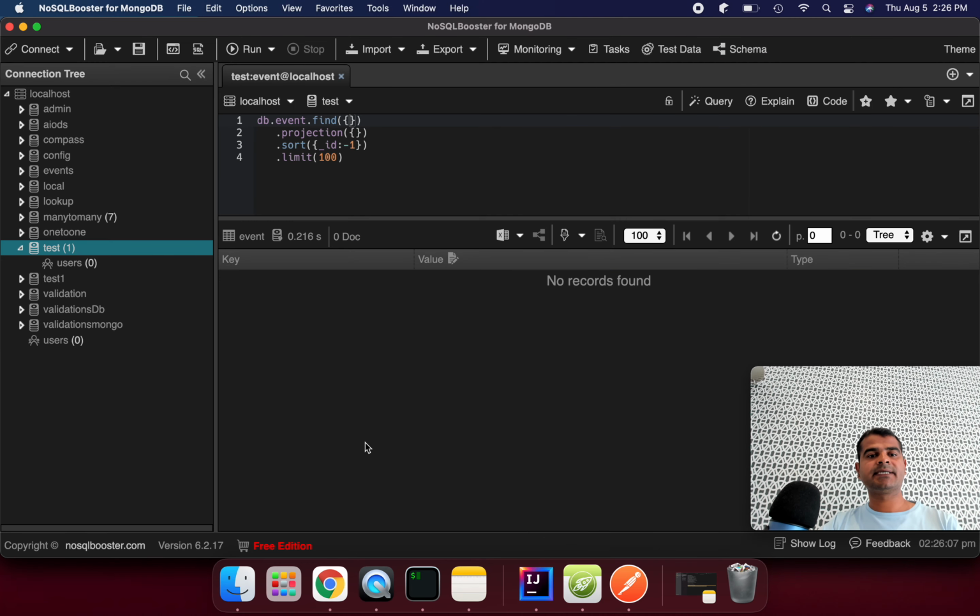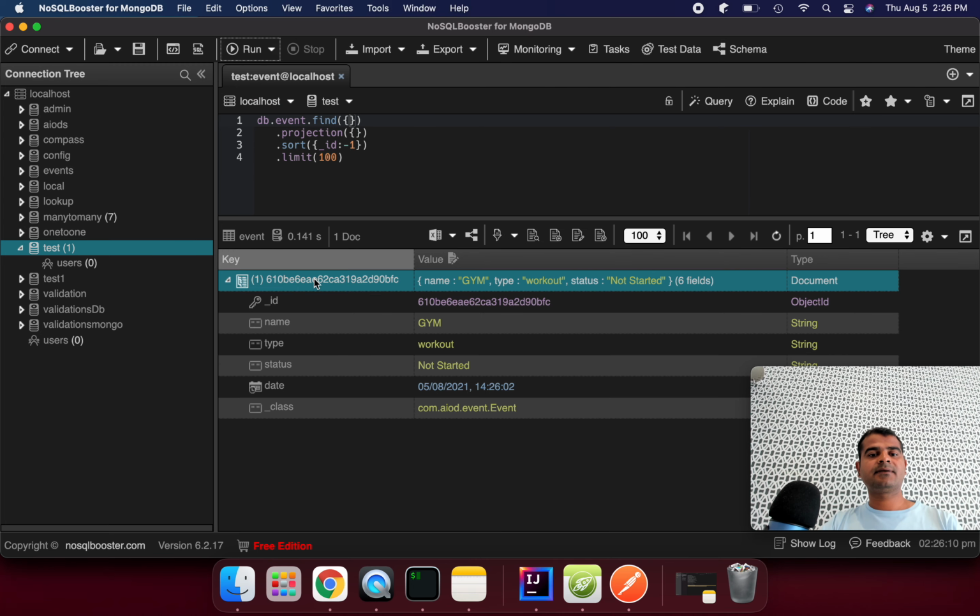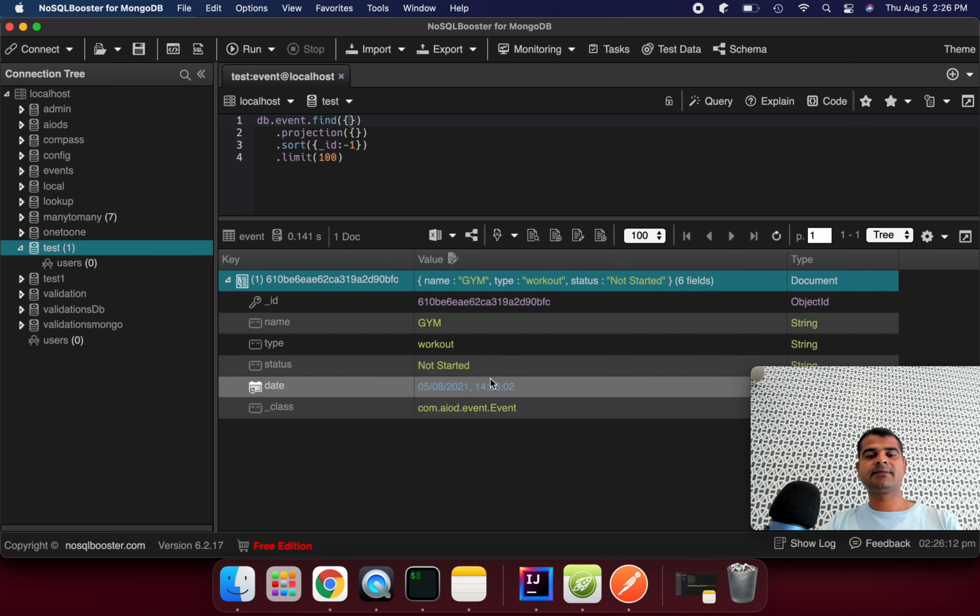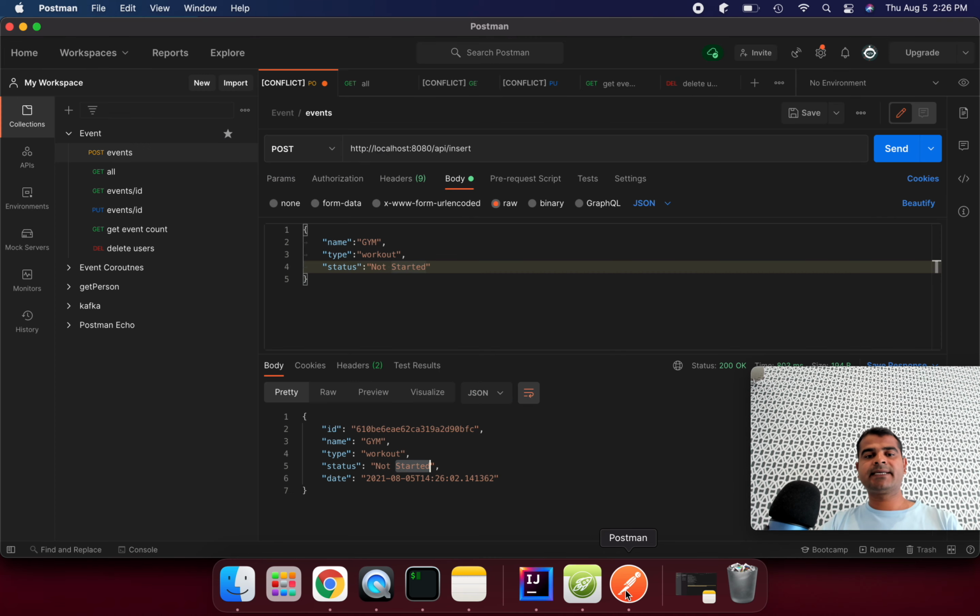Now if you see the data here, you will see that data is not started here. Now I can create one more event, like status is started. Now I started, what time, like the time is also coming out.